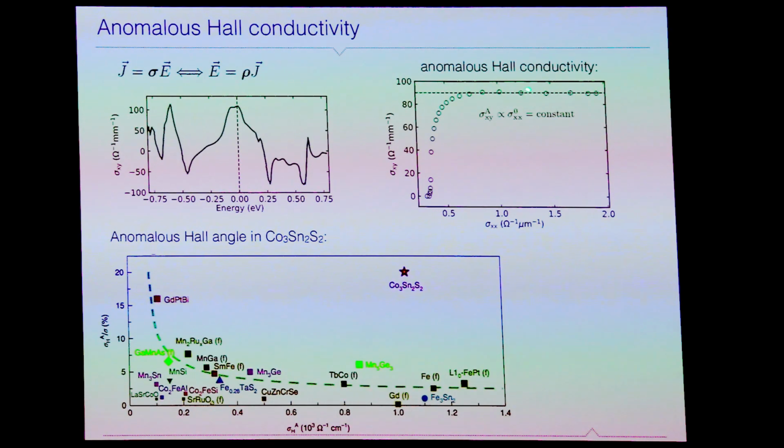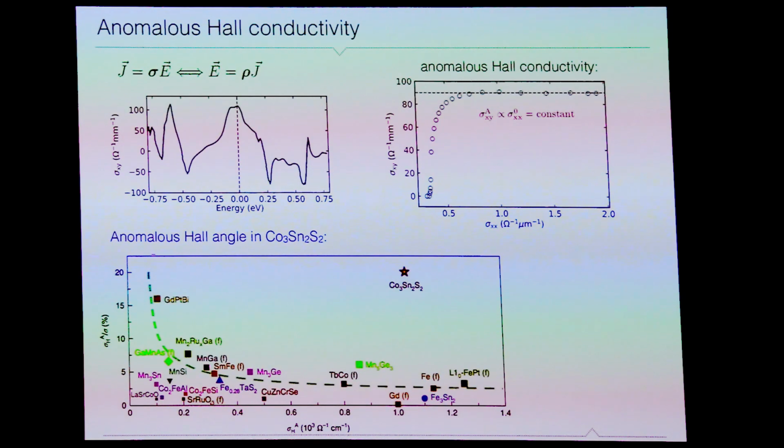And this plateau-like behavior is what you expect for the intrinsic anomalous Hall effect, because it does not depend on the scattering events in your sample. And if you now compare that to the calculations, you see there is a quite nice match. Of course, there are still 10% in between, but this is due to the fact that also in our very defined geometry, getting all the dimensions is very hard, because you measure voltages, so you have to get to resistivities, you need the thickness, the length, and everything, and there you can make, especially in the thickness,